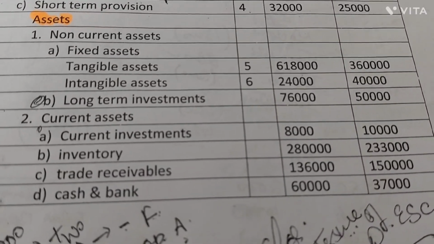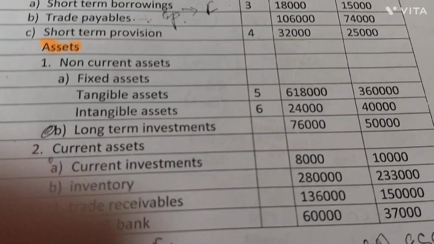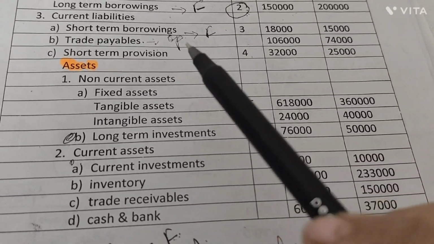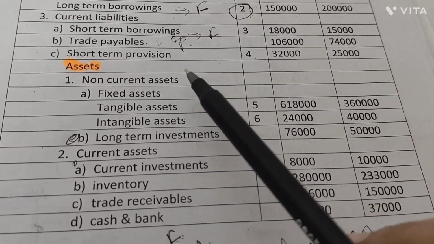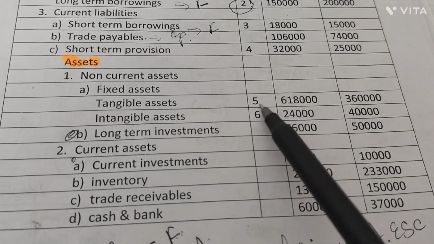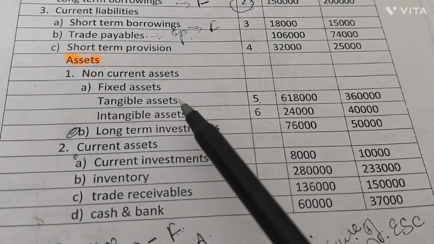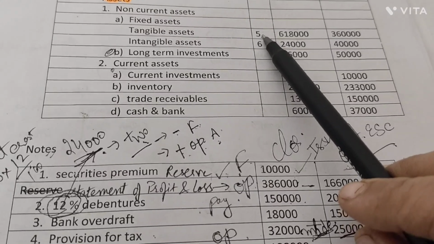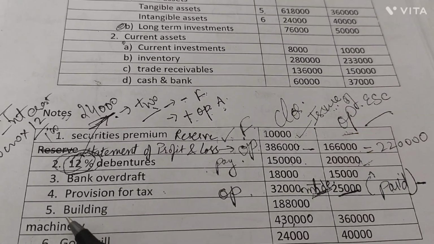Now the next is the asset side. We are done with the liability side. Now we have the asset side. Let's go to the asset side. Here again on the asset side, we are given no further adjustments, only the notes to accounts. For the notes to account, he says tangible assets were given under notes to account 5. So let's go to notes to account 5.